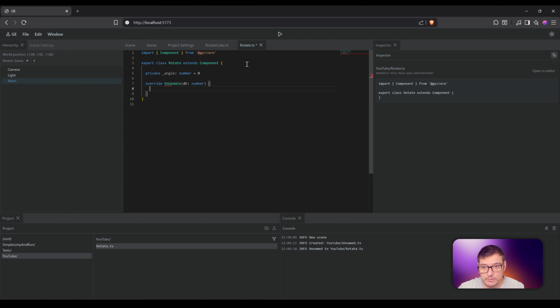OnUpdate runs every frame. We pass in the delta time, the frame time basically, as a parameter, and we can work with that. So let's imagine, for example, we are just changing the angle that we have stored, just incremented by delta time. And then we apply this new angle to the cube's, or whatever entity it is attached to, rotation. Yeah, let's do, for example, this transform